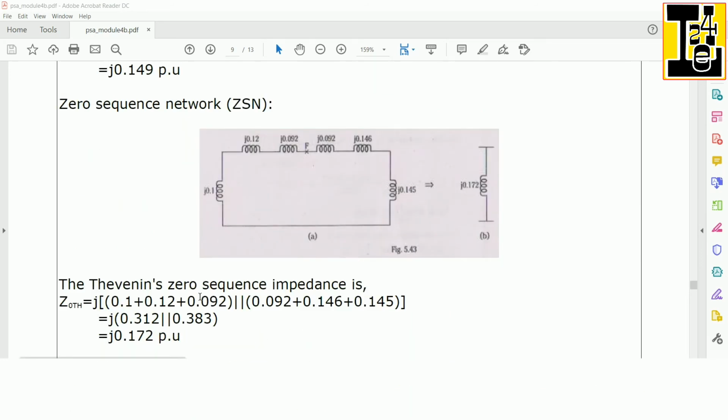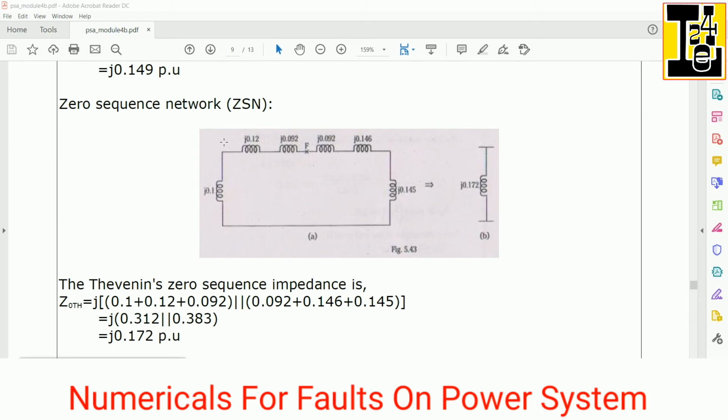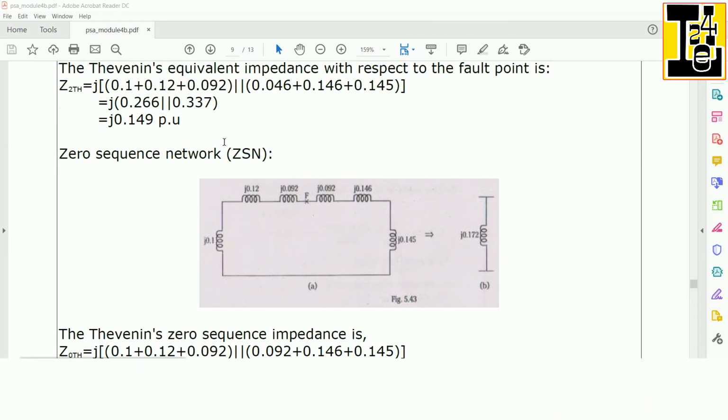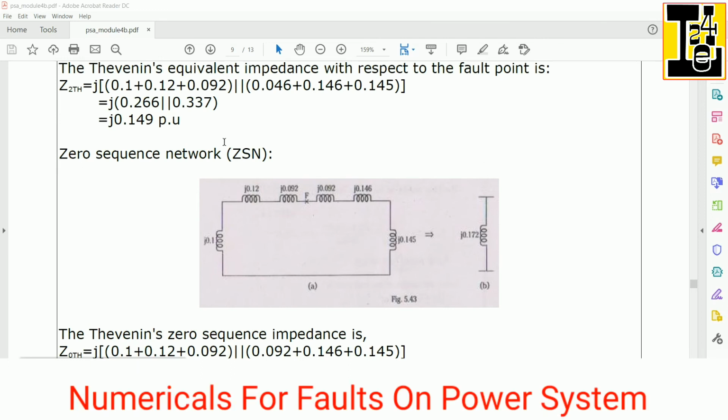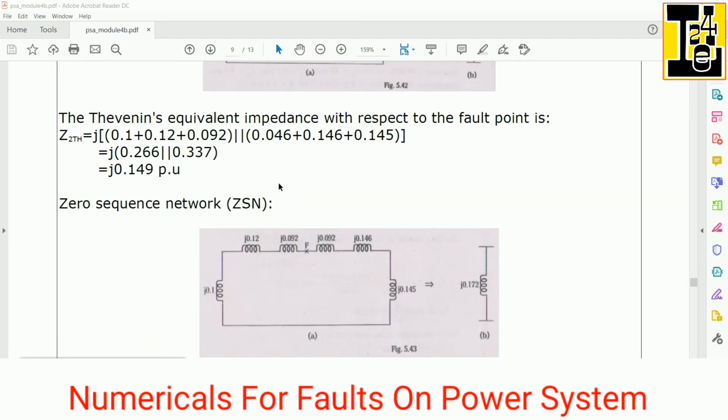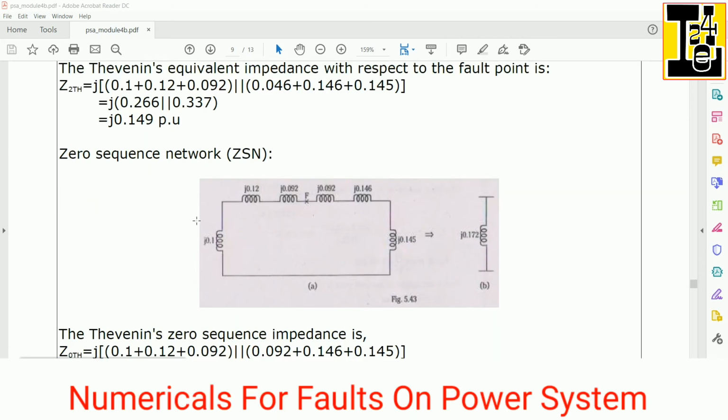Finding the zero sequence network for the given power system with respect to the fault point. Here we can observe that while drawing the zero sequence network, there should be a proper observation of the type of neutral connection for the generators as well as the transformer winding configurations. While drawing the ZSN of the transformers, we need to focus very carefully and observe the network. Here the ZSN of the generator is simply a reactor.